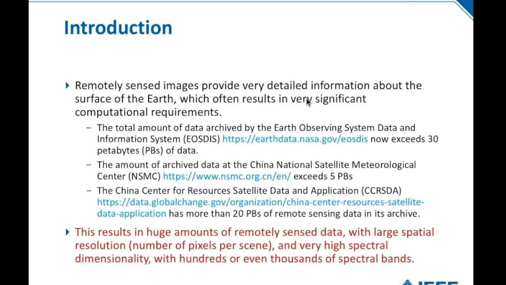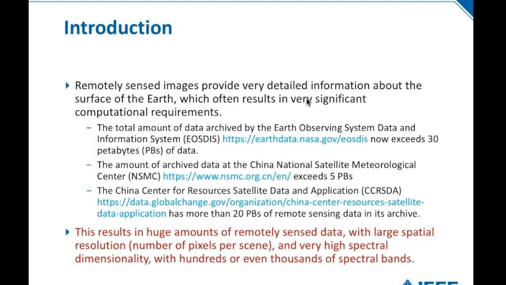As it has been mentioned before in the presentations, we know that remote sensing images provide very detailed information, but also result in very significant computational requirements. In fact, this has resulted in the fact that now we have several data repositories that contain several petabytes of data, and this imposes very significant requirements from the computational point of view, not only because of the amount of